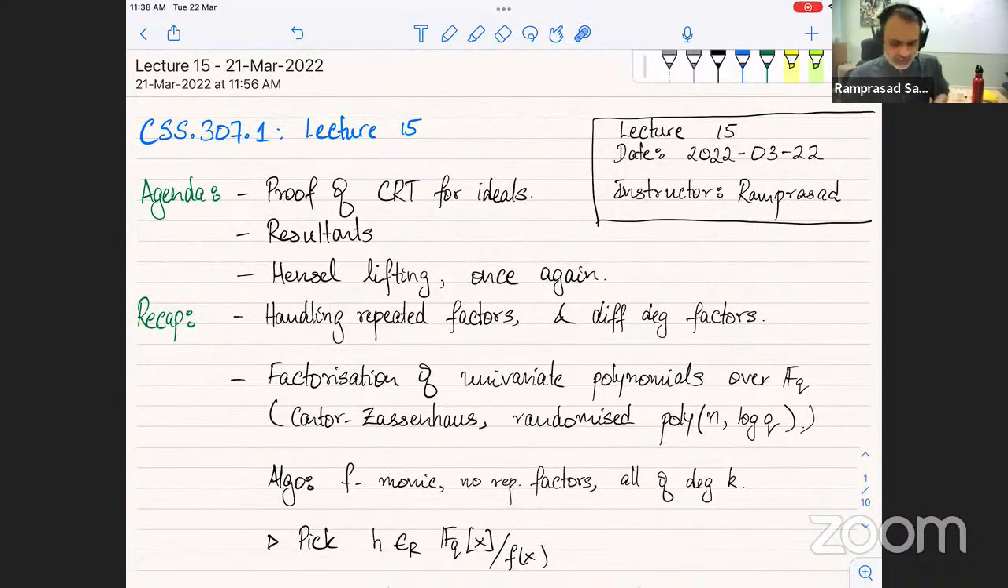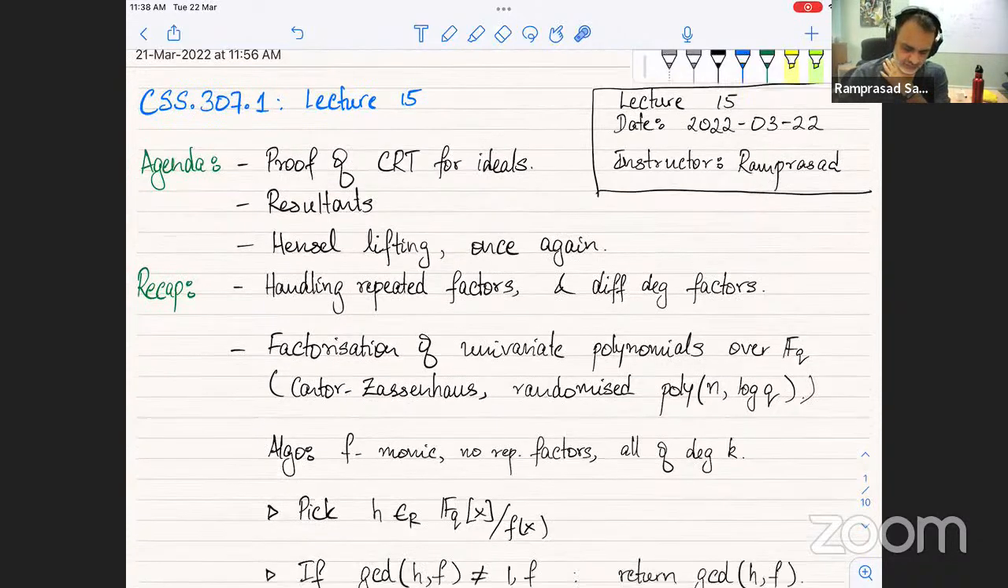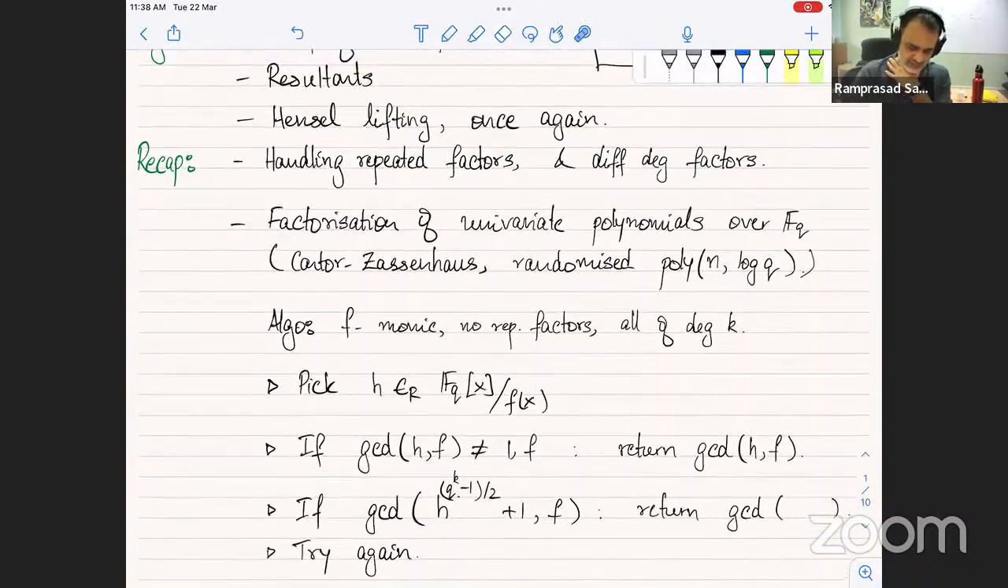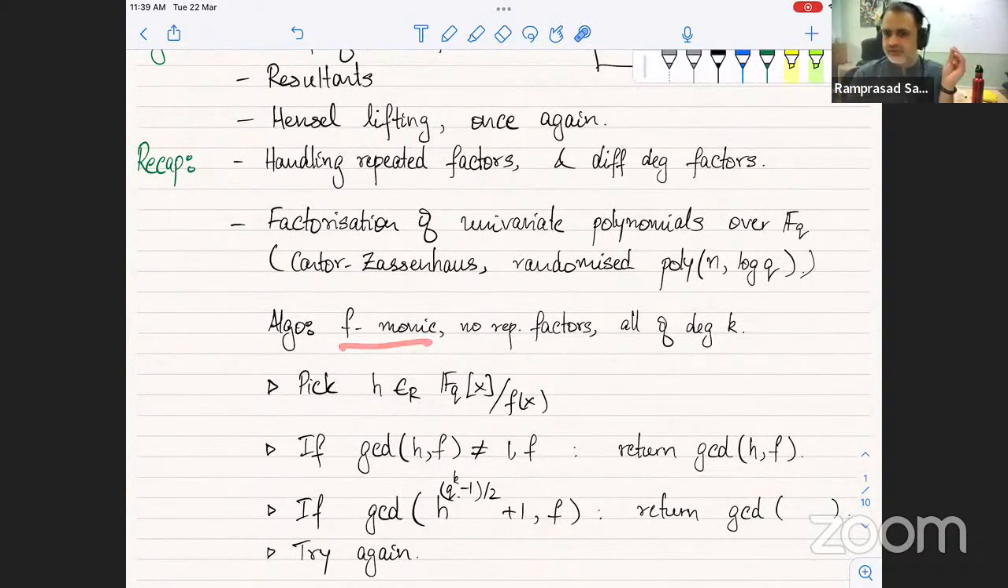Okay, good. So let's proceed with just a brief recap so that everybody is on the same page. We saw the Cantor-Zassenhaus algorithm, and this was roughly what the algorithm was, but we first did some pre-processing, which is we did distinct degree factorization, removing repeated factors, etc., so that you're now in a nice situation. And the nice situation is that I'm just going to assume that f is a monic polynomial,